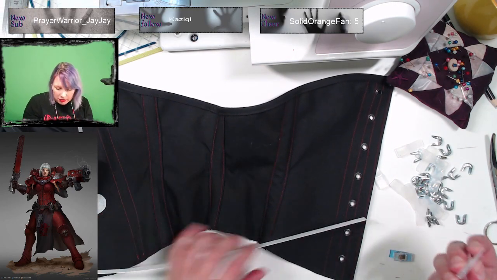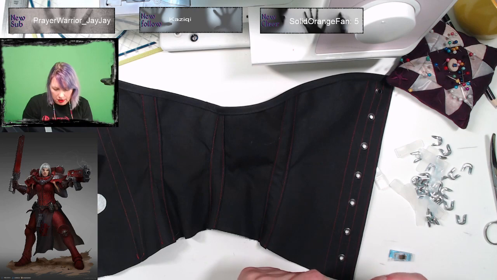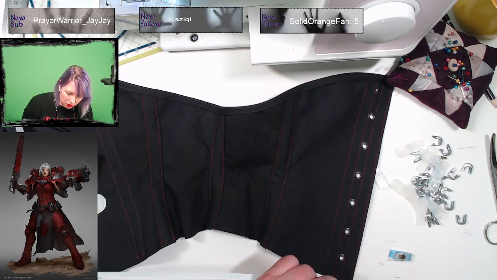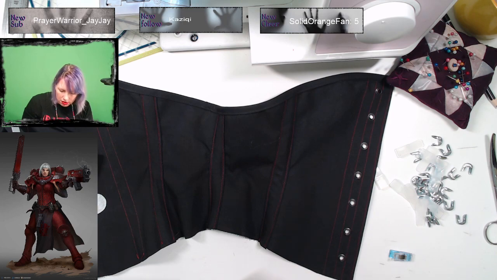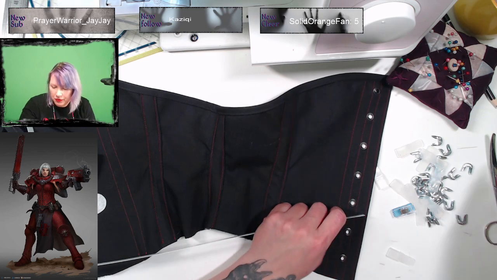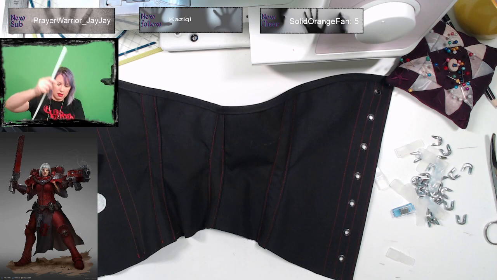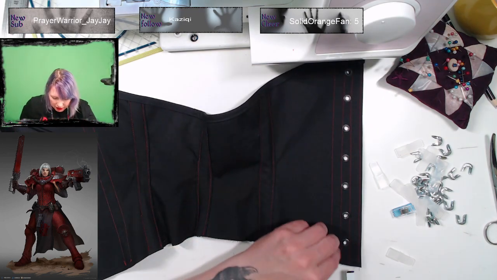Now, I've got these edges. I might have to cut the end off. They're not fitting as well as I was hoping to. So I'm not sure if I can just... Let's just make first. Cut off a length.